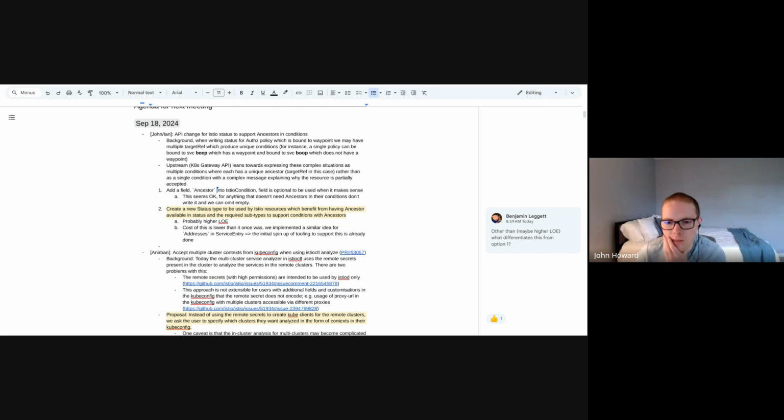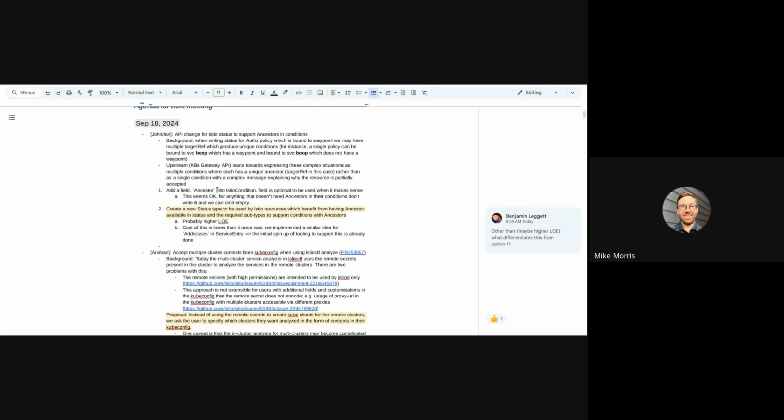Yeah. I am wondering how much we really need the list right now. I mean, the main benefit of the status for auth policy is the ztunnel one, which isn't a list because it doesn't use target refs. So if we can defer this, then it becomes easier, right? Yeah, yeah.